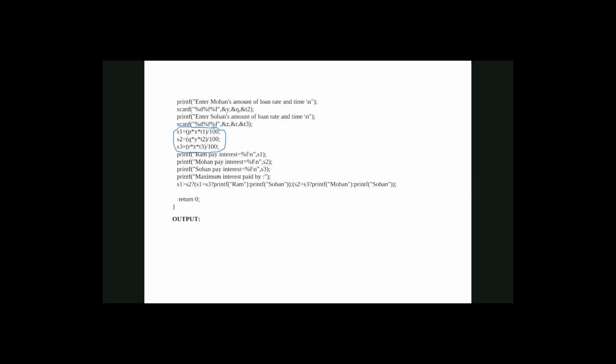It is saying that if S1 is greater than S2 and S1 is greater than S3, if both conditions are true, it means Ram is paying the most simple interest. This was just a revision of the previous things.